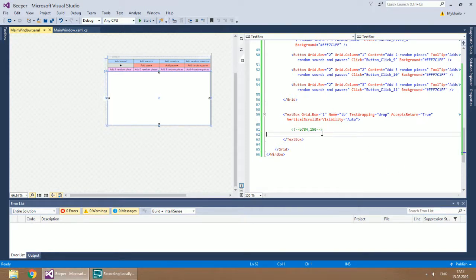We have one last thing to do. Users should be able to clear the text in the text box with a mouse. In other words, we need a special button in the context menu for that.